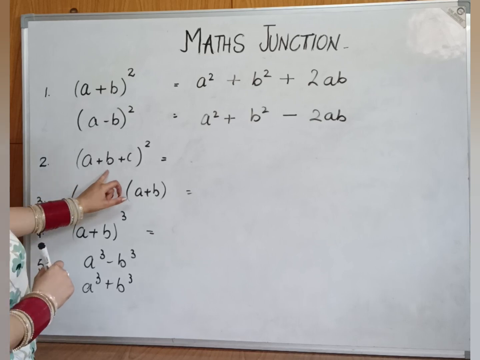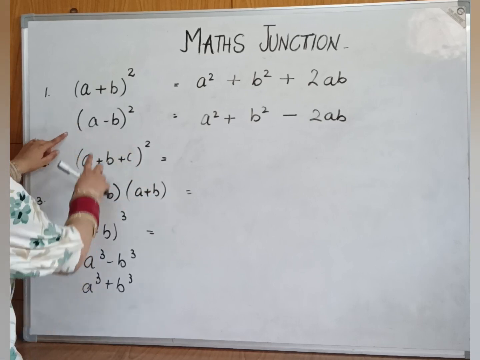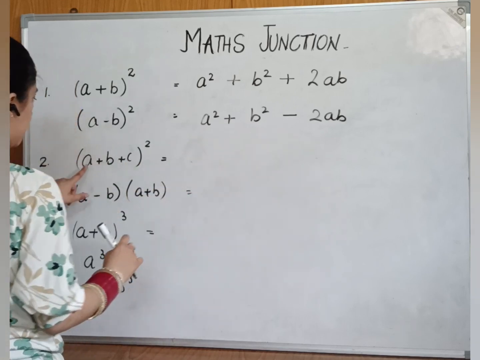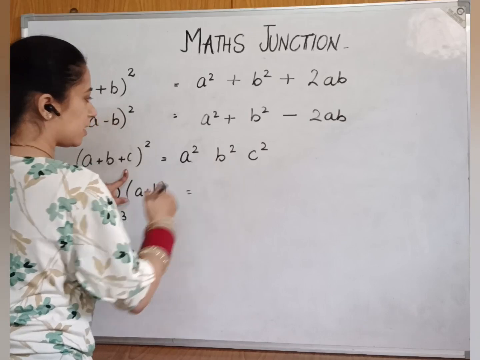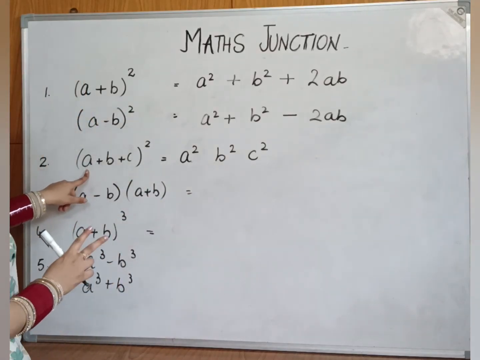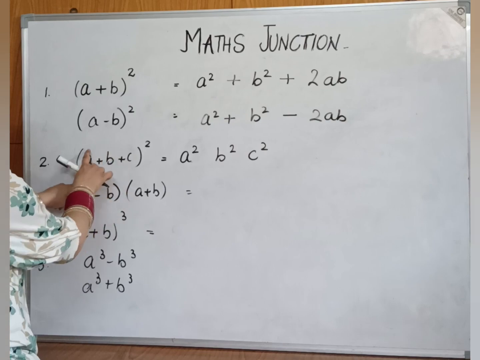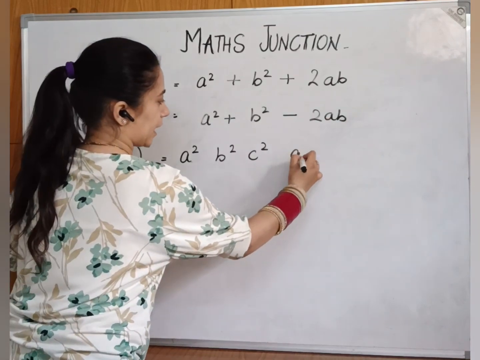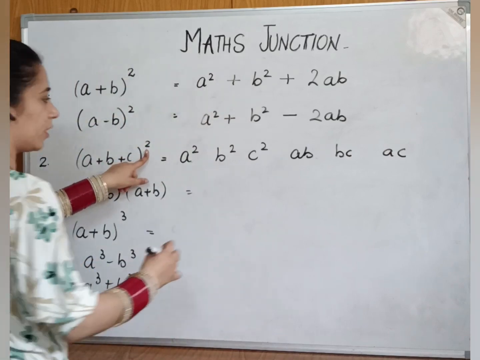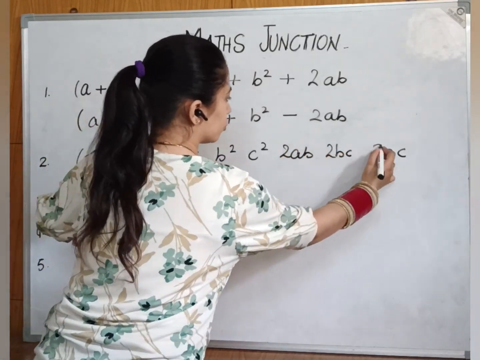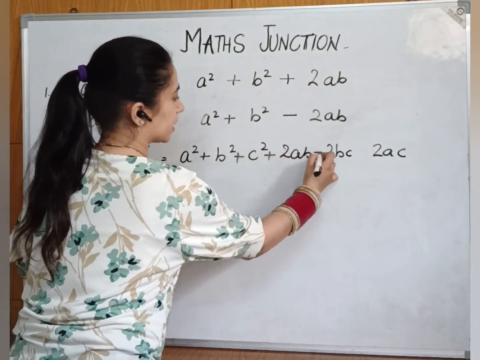The second case is if there are three elements with the square. Similarly, we are going to follow the same pattern, individual squares and then the products. There are three elements, so a square, b square, c square. Now we will take their products because there are three elements. So ab first pair, bc second pair, then ac. That is ab, bc and ac. Now again the power is 2, so each product will have a 2. Again everybody is positive, so we will follow the positive sign.